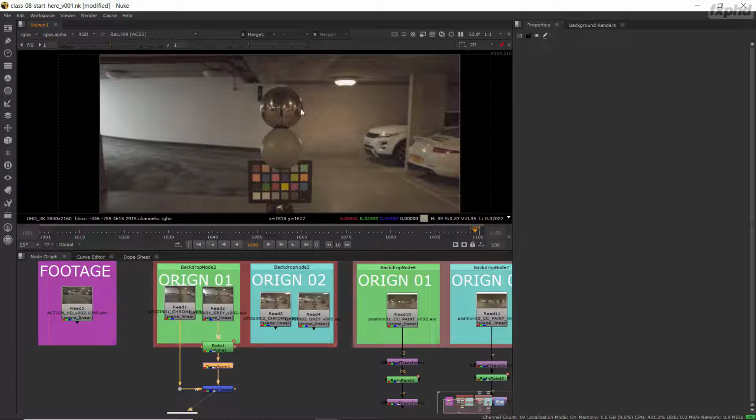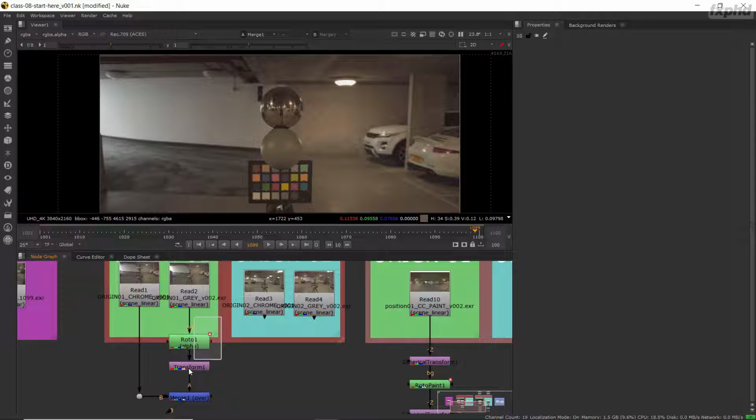This is going to make it just a little bit easier for us to see what's going on, and it also means that we don't have to switch between the chrome ball and the grey ball plate. I'm going to repeat the process for the Origin 2. I'm actually going to copy all of this, paste that down here, create a new dot by pressing the period key on the keyboard, and I'm going to hook this up